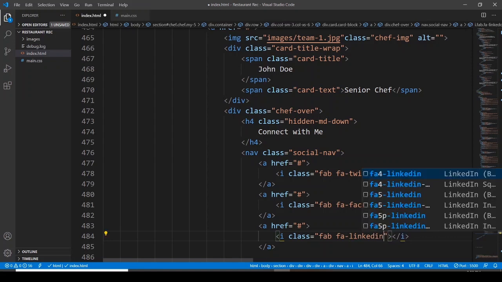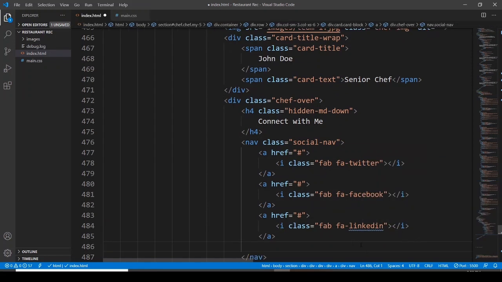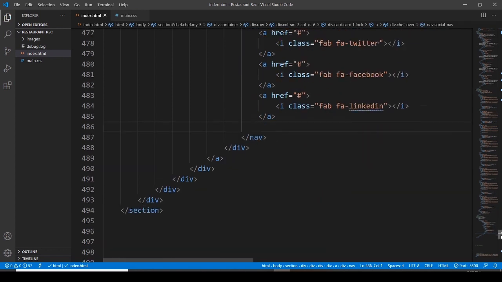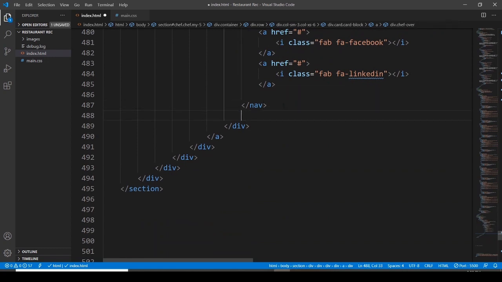So LinkedIn, and I have used another icon there, but I'm not going to use it here. I'm just going to stop it. And then after this nav, let's go with the P element, and let's go with some lorem ipsum. Okay,